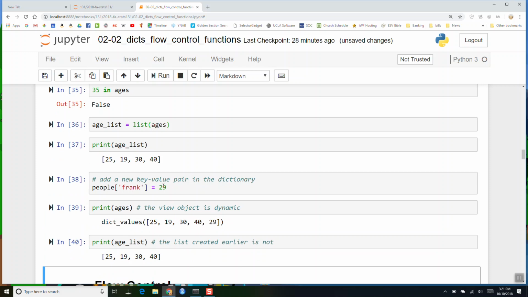Okay, so it doesn't include Frank's age of 29. Whereas the view object, ages, dynamically updates with the dictionary. Okay, and so if you have something that modifies dictionaries, or is adding or popping things out of the dictionary